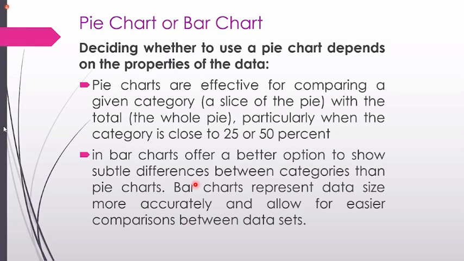But if the number of non-overlapping classes is high, 10 classes or 12 classes, then it is better to go for the bar chart, right? So you have to look at the number of categories, the percentages of each and every category, and the objective, whether we want to compare over the total. Based on these facts, we have to choose whether it's a pie chart or bar chart,